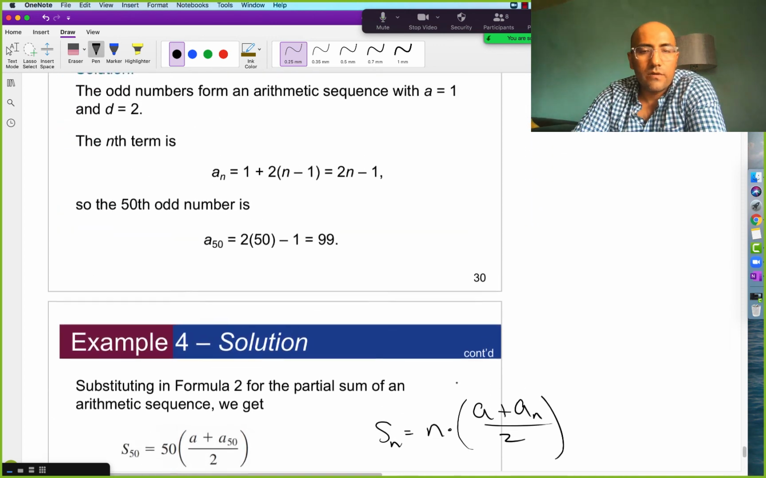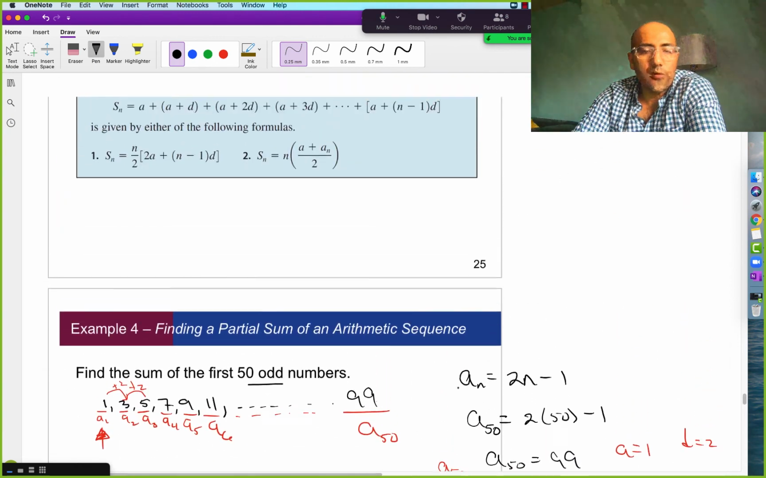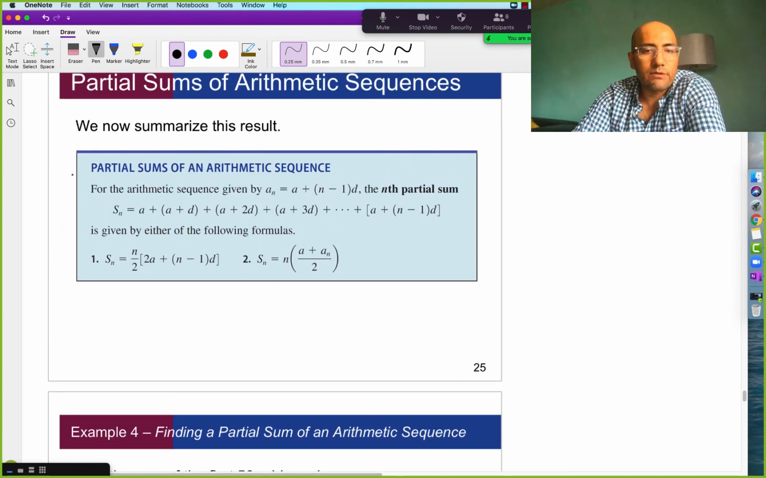Okay, so very important, don't forget that this formula only applies to an arithmetic sequence, right? The partial sum of an arithmetic sequence,